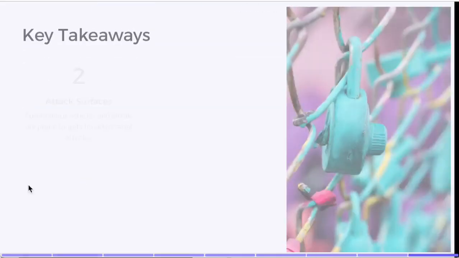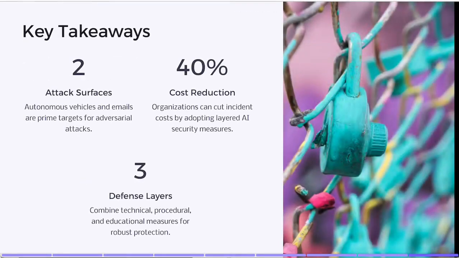Great. So as we close, let's summarize what we learned. Adversarial attacks in self-driving cars can transform a stop sign into a speed limit sign, risking collisions. Spam or phishing emails generated by advanced language models are increasingly sophisticated, leading to fraud and data breaches. And multi-layer defenses, technical and human, are crucial for resilience, from adversarial training in AI models to employee phishing awareness.